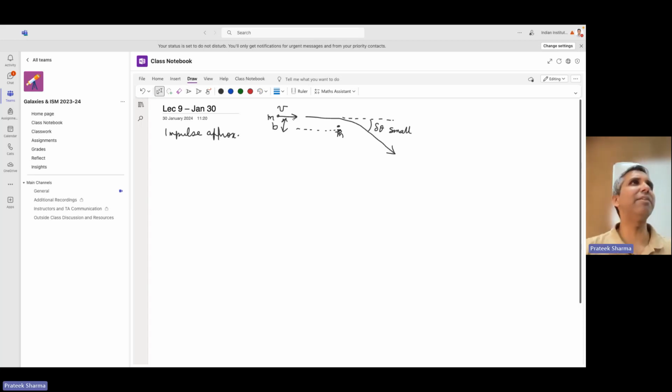Even before the interaction and after the interaction, it's essentially moving in a straight line. Delta theta is small. So delta v